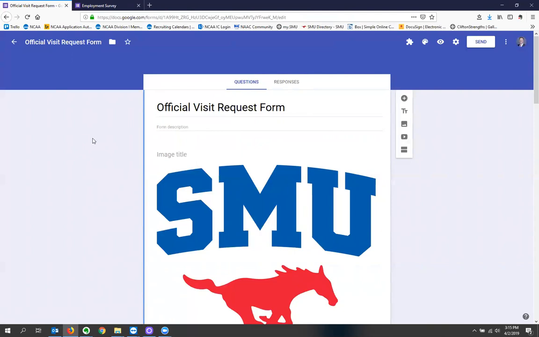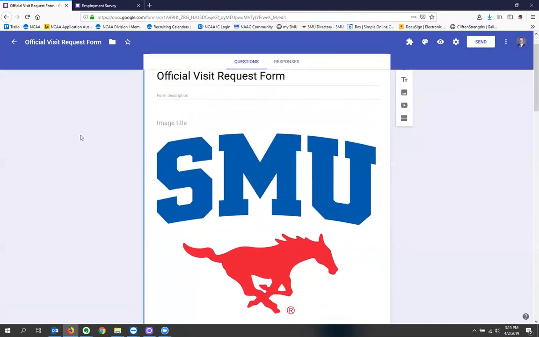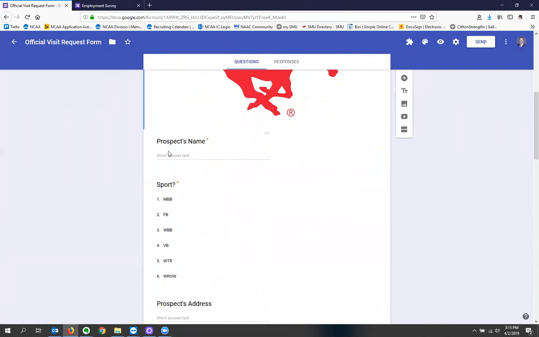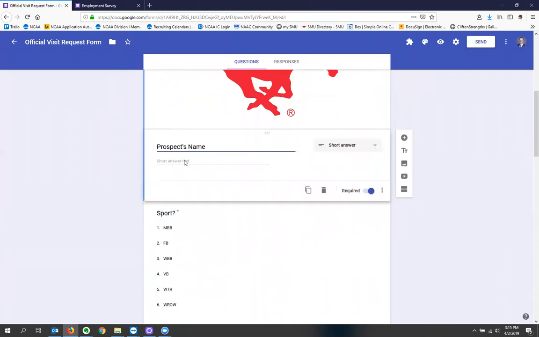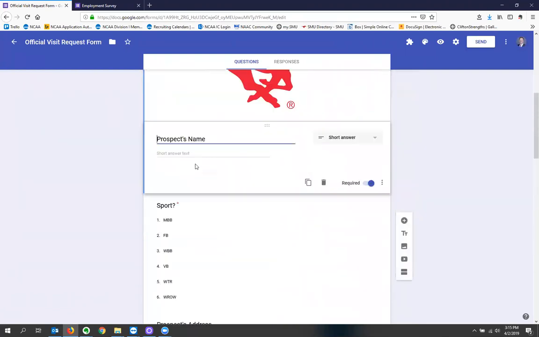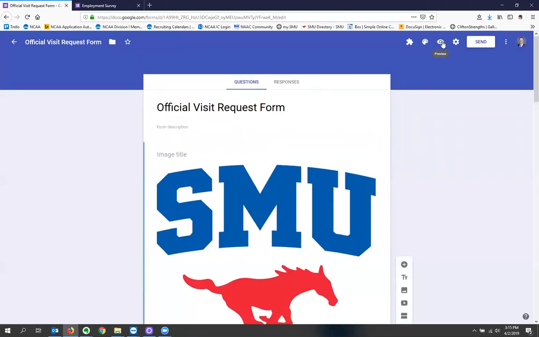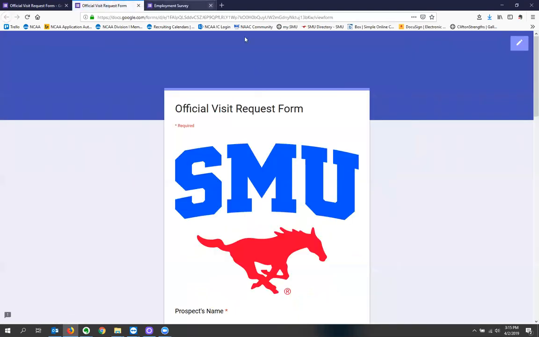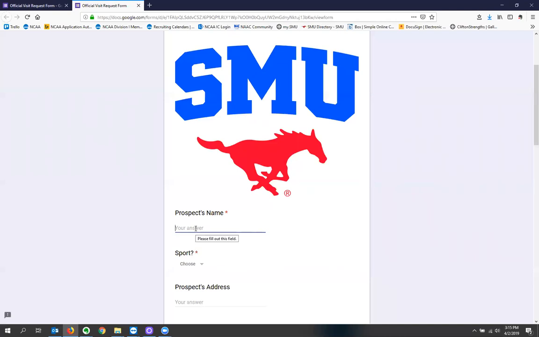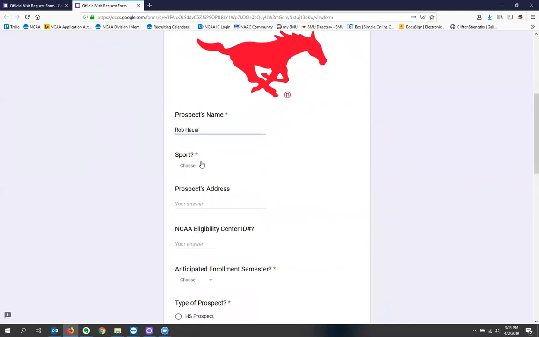This could also be filled out on a mobile device, but generally when my coaches fill out an official visit request, they are sitting behind their desk at their computer. So we're going to fill that out. Prospect's name. This is, again, the background, kind of under the hood look at how it looks. So we're going to click this preview button, and now the form is live. So prospect's name, put my name in there, sport, we'll choose football,